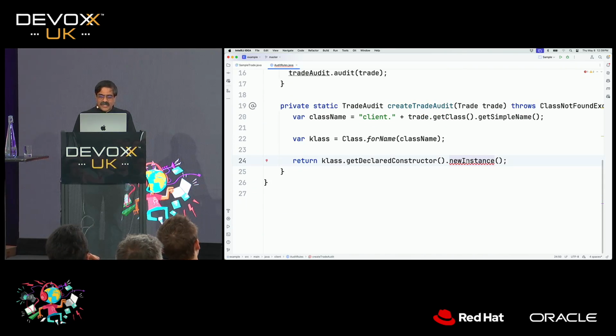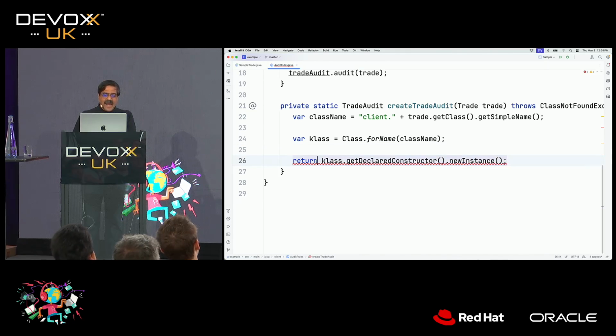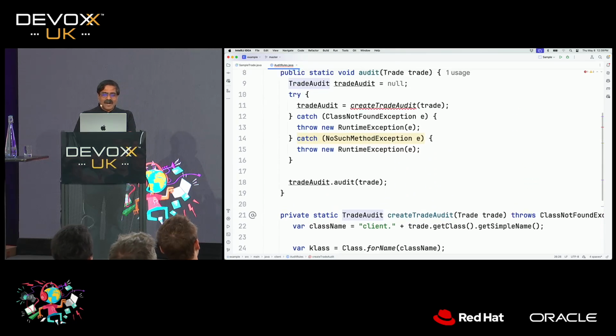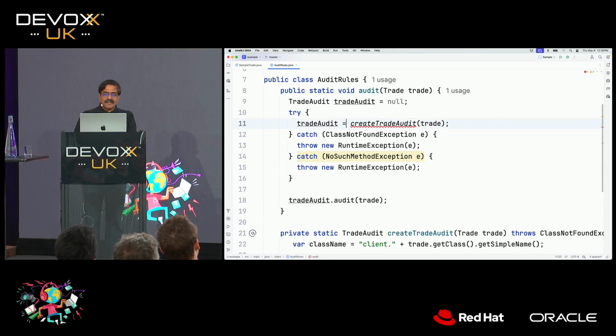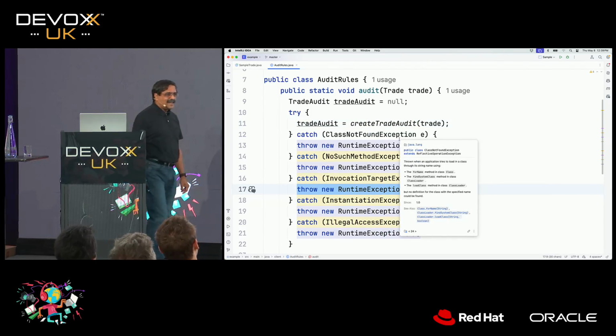And with vengeance, it says that's still not enough. You've got more exceptions to deal with. And so you're going to propagate that as well in this particular case. And we want to cast it down to a trade audit right there. But that's not enough. You have to really take the trade audit here and handle the one added exception as well. How does that feel, right?